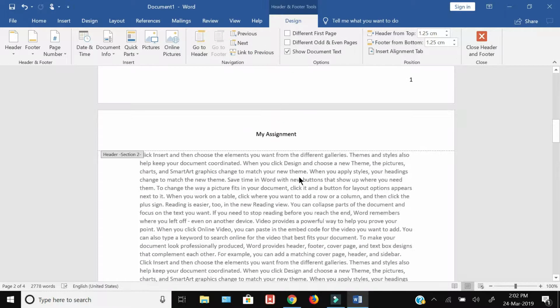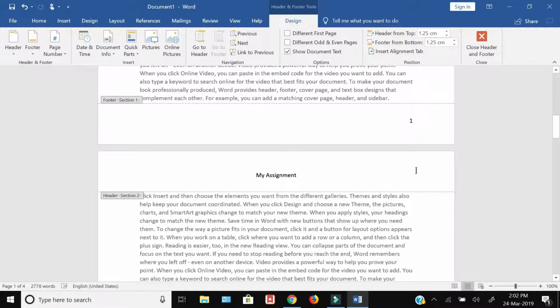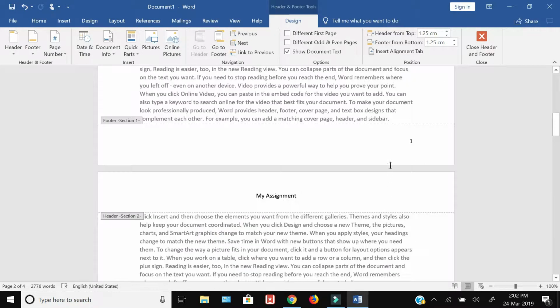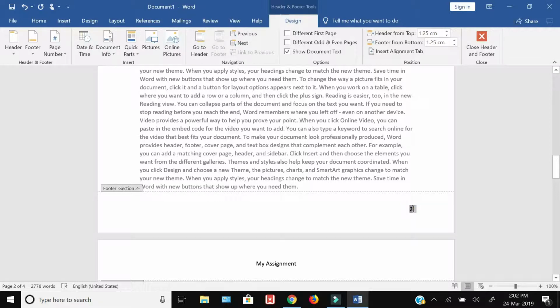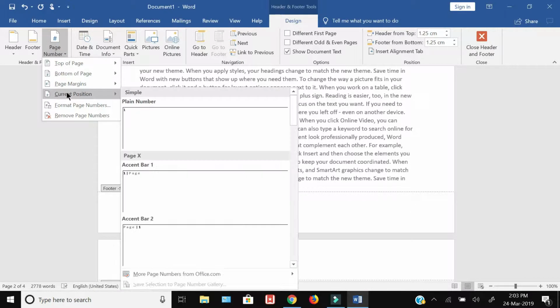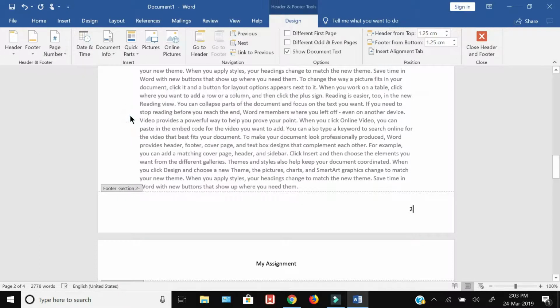Now this section 2 has been delinked from section 1, and I can now delete the page number from page 1, and I can go to the footer section of page 2, wherever I want to insert a page number. I'm going to select the right side where I want to insert a page number. Go to the design, again the page number tab, and then from here, current position, select plain number,